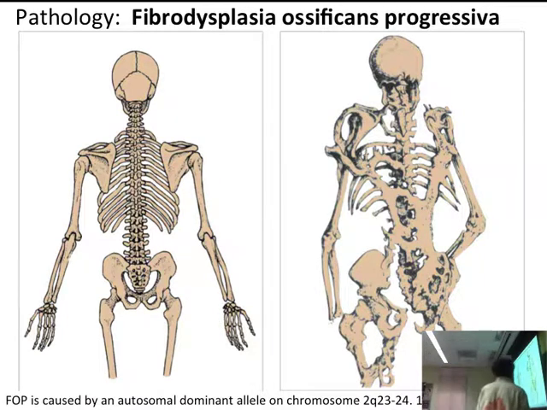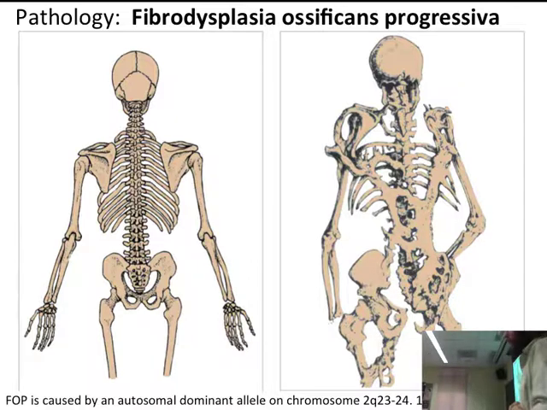It's an autosomal dominant allele on the chromosome indicated there, that leads to ossification of tissue that is not meant to be bone tissue. So their muscle tissue, actually, like the tendons, the connective tissue in their muscles, become ossified,